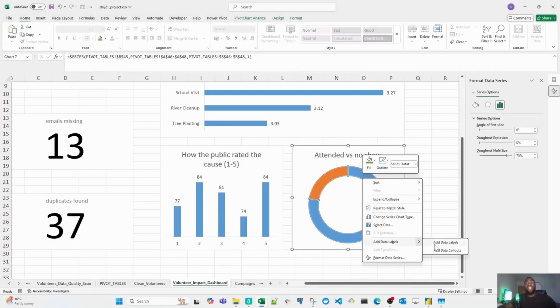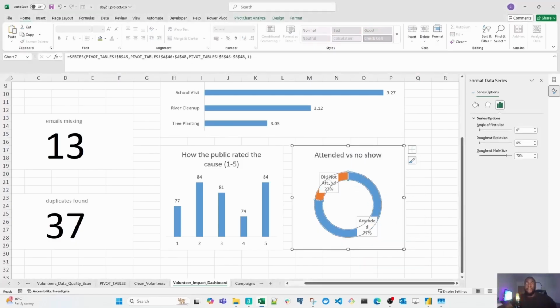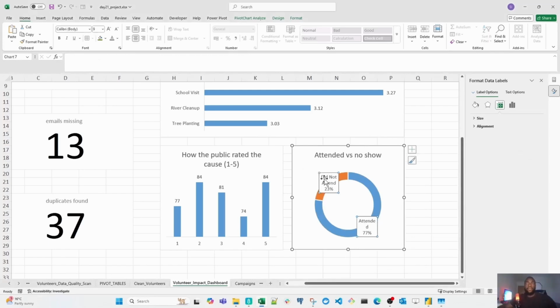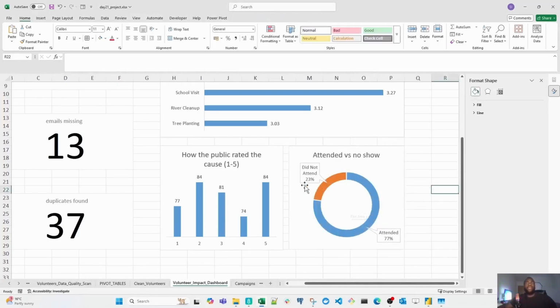Now let's add data labels to this. Or actually, let's add data callouts. Let's do that. Then we'll just drag them away from their slices. I'm just going to give it a bit more room. Okay, and that's that. So the final thing we want to do is we want to now include all the